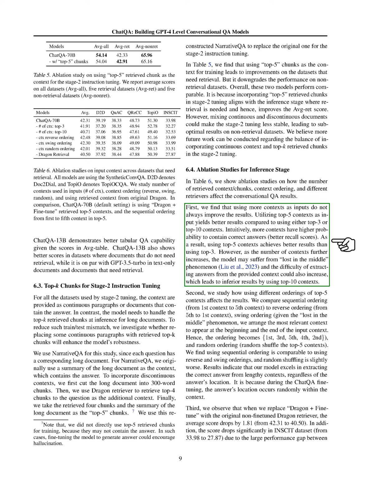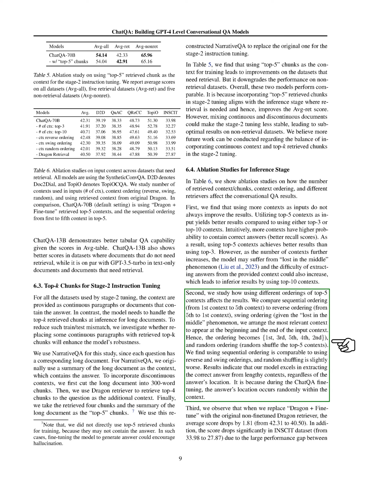Next, we examined how the order of the top 5 contexts affects the results. We compared a sequential order, from first to fifth context, a reverse order, from fifth to first, a swing order, where the most relevant context is placed at the beginning and end, and a random order. We found that the sequential order was just as effective as the reverse and swing orders, while the random order was slightly less effective. This suggests that our model is good at finding the correct answer in long contexts, regardless of where the answer is